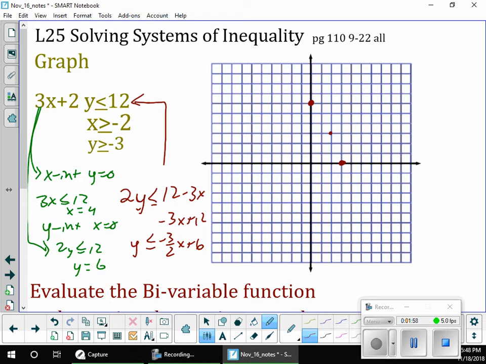Then we would just continue doing this for however long we want, as long as we make sure we keep using the same slope. If you need to, you can go up 3 as long as you go back 2. And then, since this is a less than or equal to, we draw in a solid line. Do you recall when we might put in a